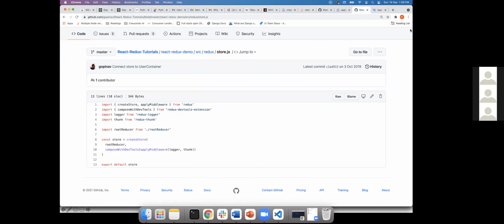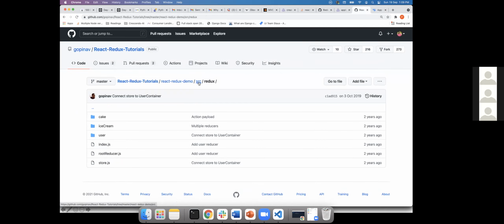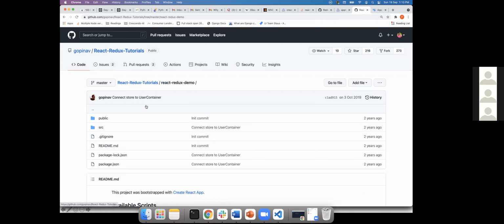Okay. So when you use compose with the dev tool, you have access to that. But also, if you use this code, it will become part of your production code, right? If you don't use that, it will not be available. Yes, there is a way you can suppress it and enable it and all that. You can do that.